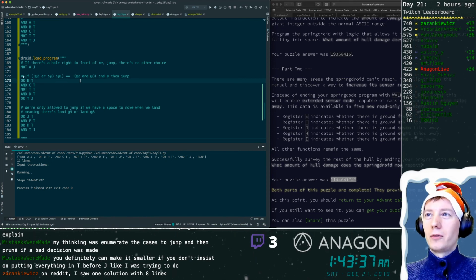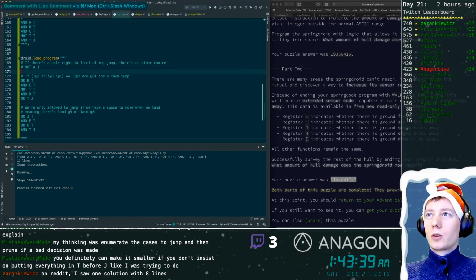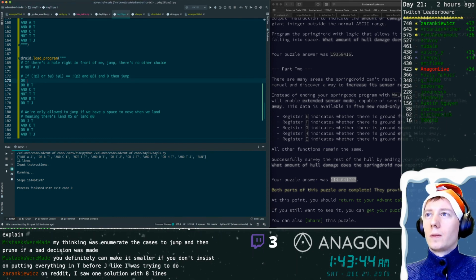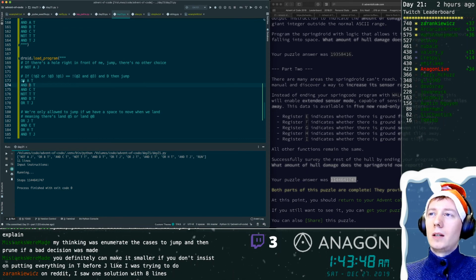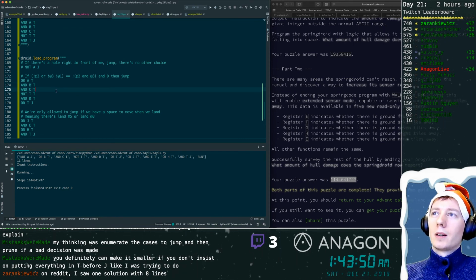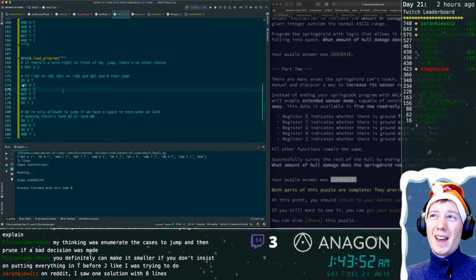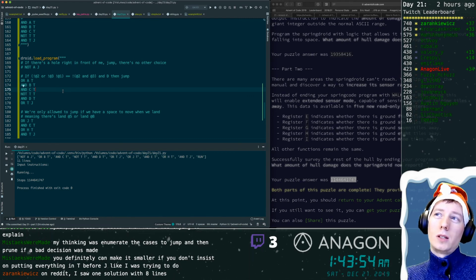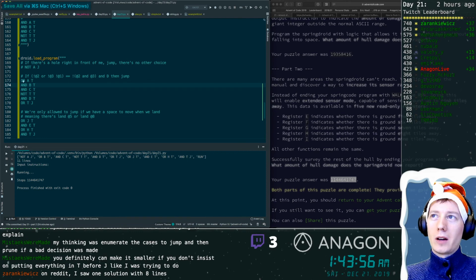Okay, let's see if we can get there. So this line I'm going to remove. And let's say that we want A and T and then store and A and B. So basically if there's any hole in A, B or C, then we're jumping. That's kind of the logic that we have right now. I didn't save any line by doing that, but